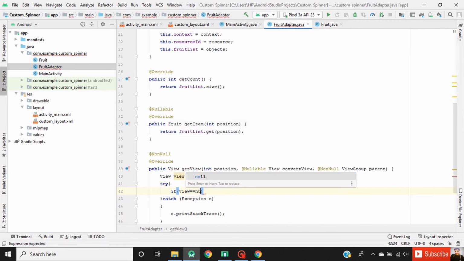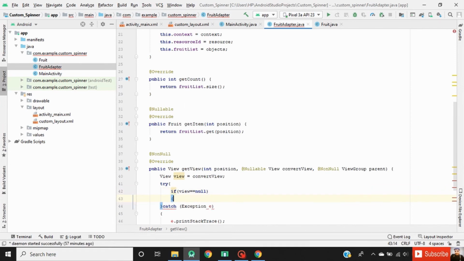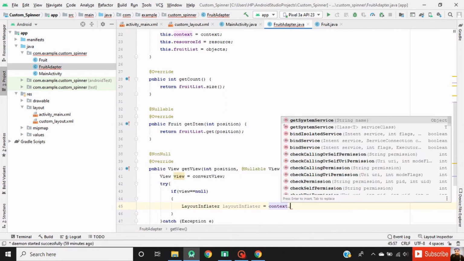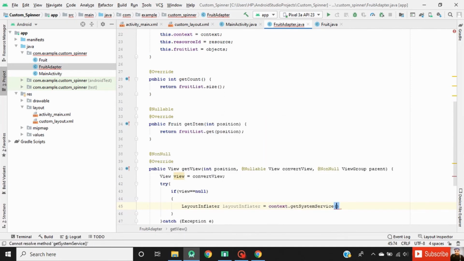If view equals null, then we have to create a view. So create an object of LayoutInflater class. LayoutInflater, context.getSystemService, Context.LAYOUT_INFLATER_SERVICE.